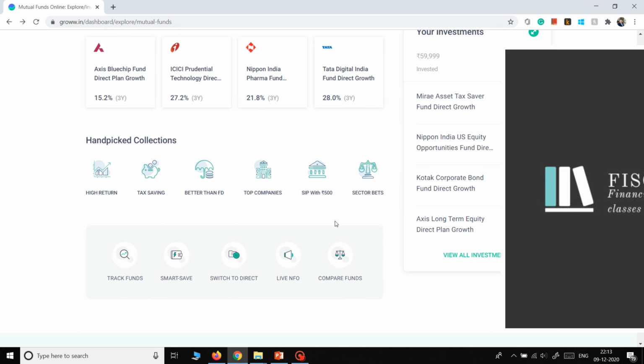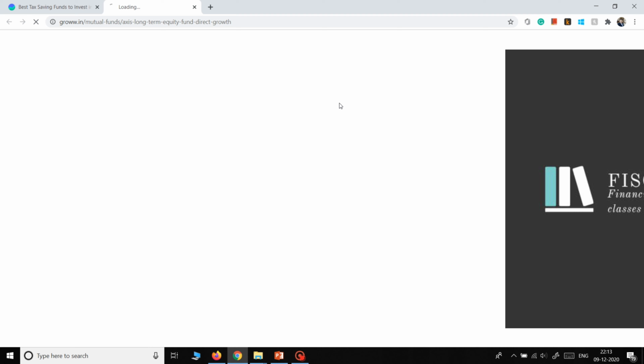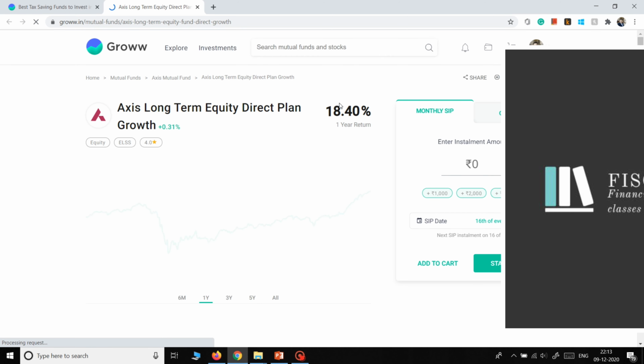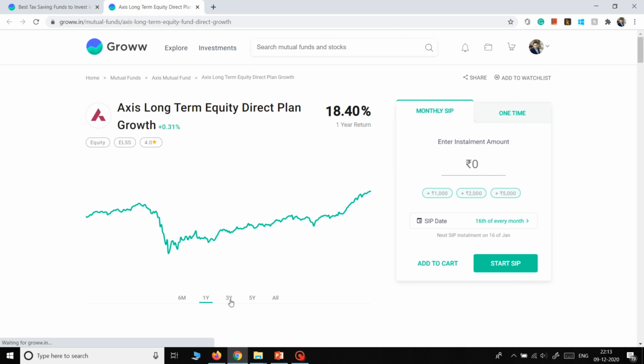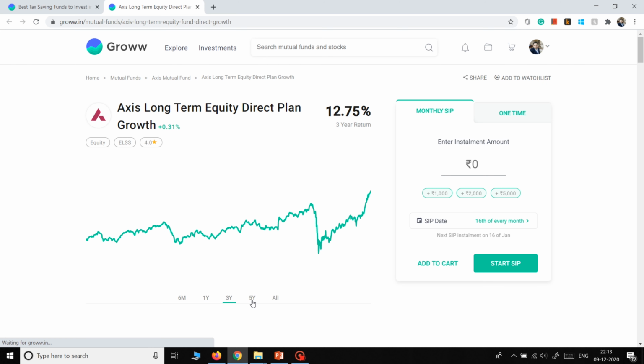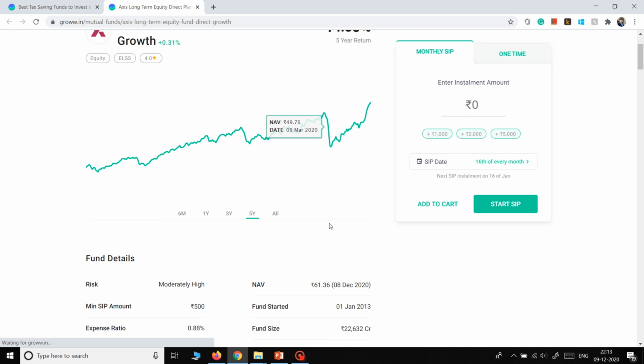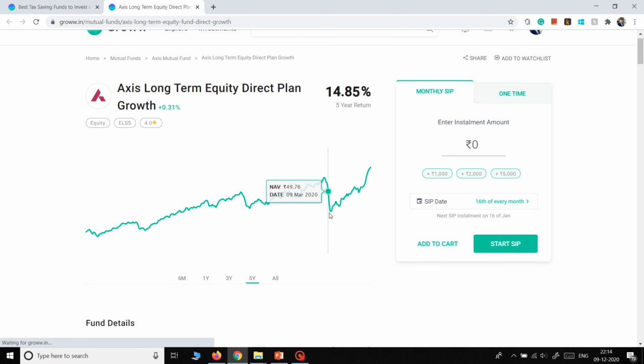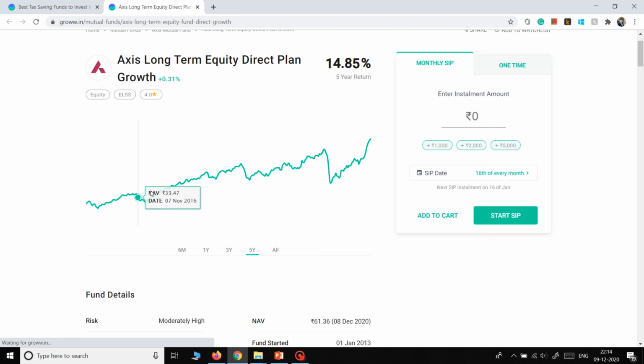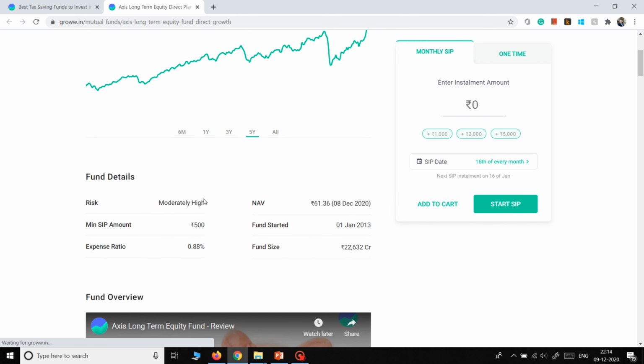Now going back, we'll see how to invest in a fund. Let's take Axis Long Term fund. In this long term equity fund, you can see that it is providing returns: 1 year is 18.4%, 3-year return of this same fund is 12.75, and 5-year is 14.85. Overall for the last 5 years it has kept increasing, but it is fluctuating also, and you should not worry about the downfall because of the coronavirus. That's why this fund didn't do well in this period, but generally it is a good fund. You should look here that it didn't go really bad in the last 5 years, so you can invest in it, but I'm not suggesting it, I'm just giving you an example.